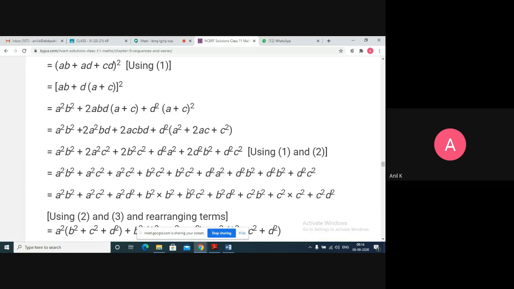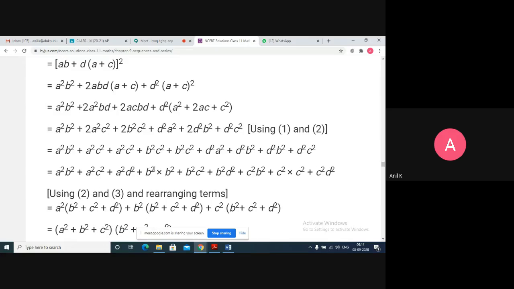Now what you do is just rearrange the terms from the above step to the below step and a few things will be replaced. So what arrangements can I do from this step to this step? Look at the terms which I am highlighting. From those terms I can take a few things common. Here you have a square b square plus a square c square. Then here you have a square d square. From these three terms you take a square common. So I'll get a square into b square plus c square plus d square.